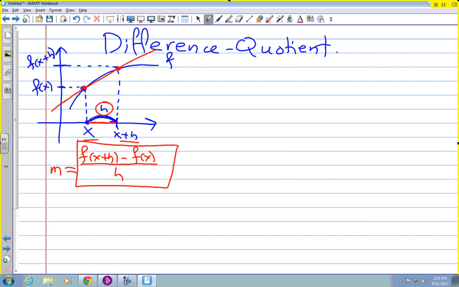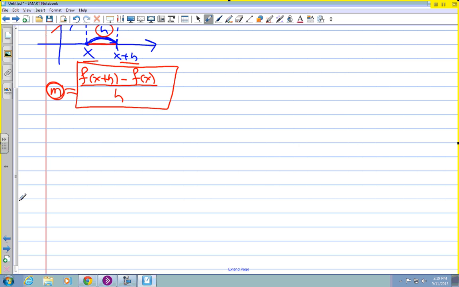Because there is a difference and there is a quotient. So we call our things the way we see them. Is the slope the same as the difference quotient? Kind of. Slope has a few other meanings, but this expression is what I built by finding the slope of that line. So all you really need to get from this story is, given a function f,